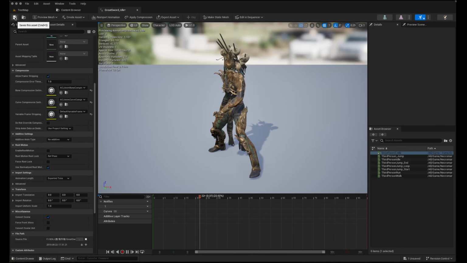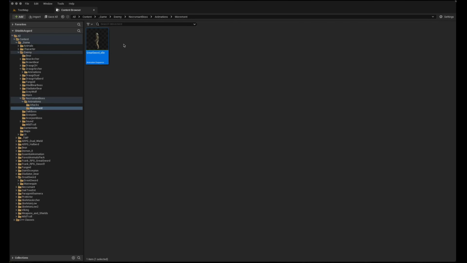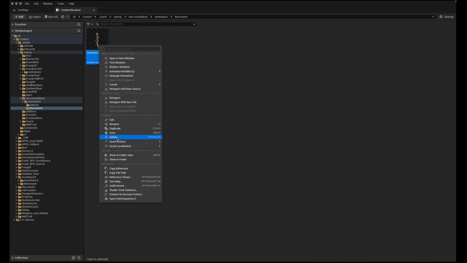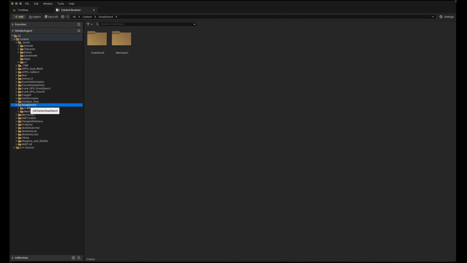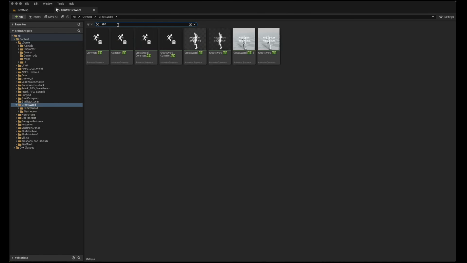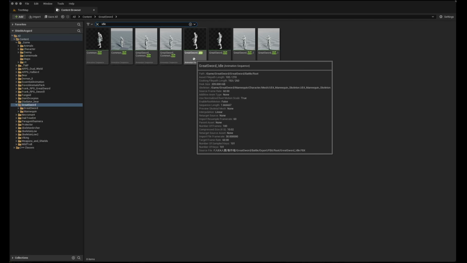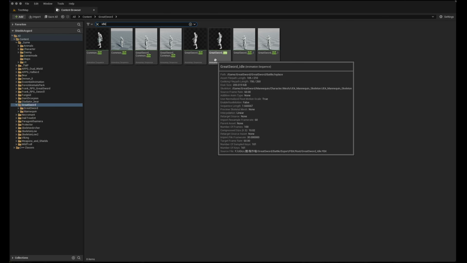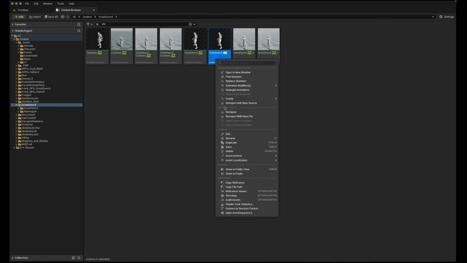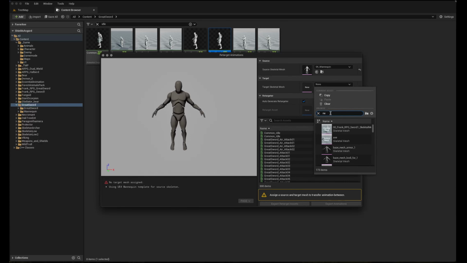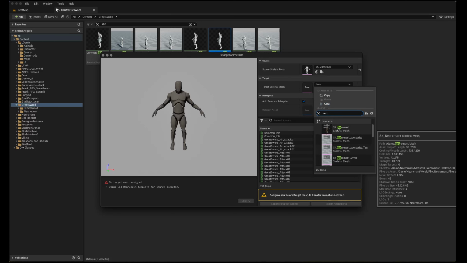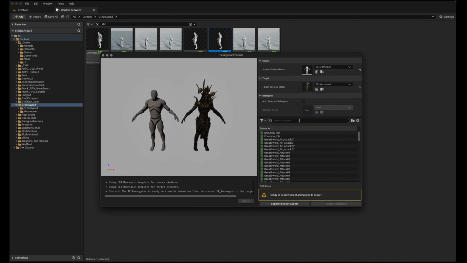But I really don't need that one, because I'm going to replace it, so I'm going to go ahead and delete that for Greatsword. And I'm going to be using a whole bunch of them, so I need an IK retargeter rig. So right over here, Greatsword in place, I'm going to go ahead and retarget animation. I'm going to choose the skeletal mesh that I'm going to be using, and